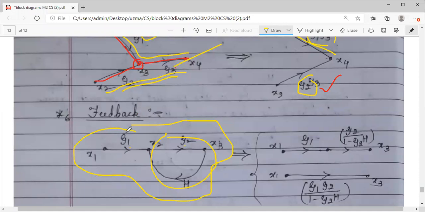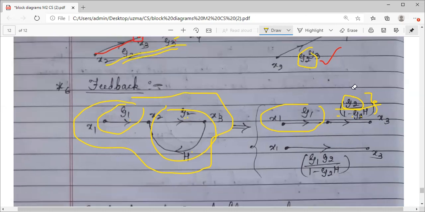Equivalently, this particular part I have drawn as it is. Now, for this feedback loop, what is the transfer function? How can you replace this? Forward path gain divided by 1 minus the forward path gain into the feedback gain. Transfer function of a closed loop system, right? G divided by 1 plus GH, I think you have studied, because it is a negative feedback. Here it is assumed as a positive feedback, but however it is not mentioned here.